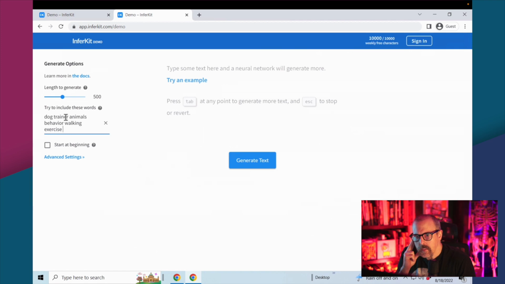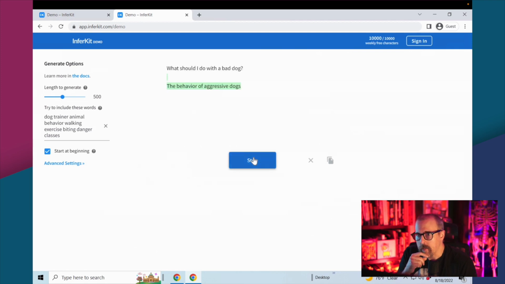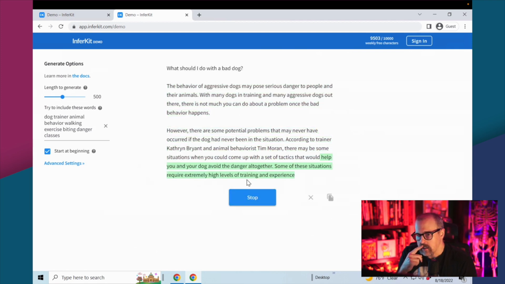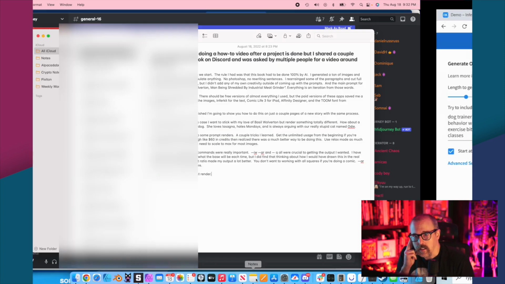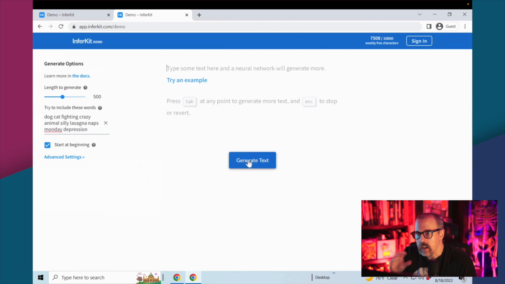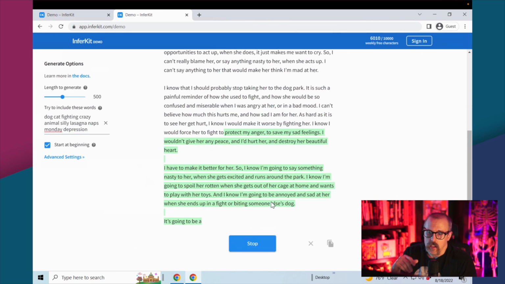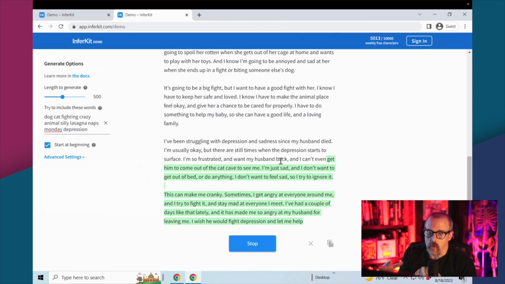So in this one, it's dogs and animals and behavior and exercise, and then I ran this a couple times with dogs and depression and dogs and sadness, and I just copy and paste everything that the generated text gives me into a Word doc. Once that Word doc is totally full of content, and I try to go way overboard, then what I'll do